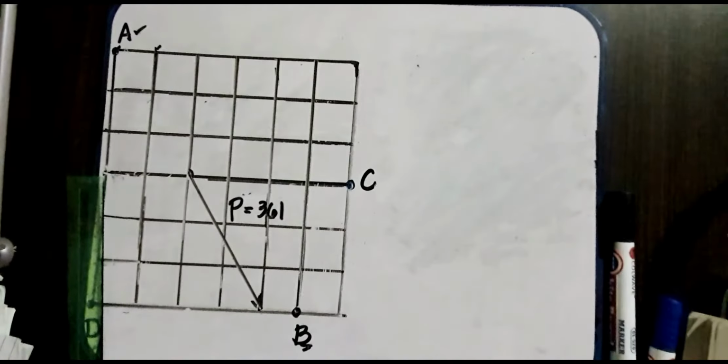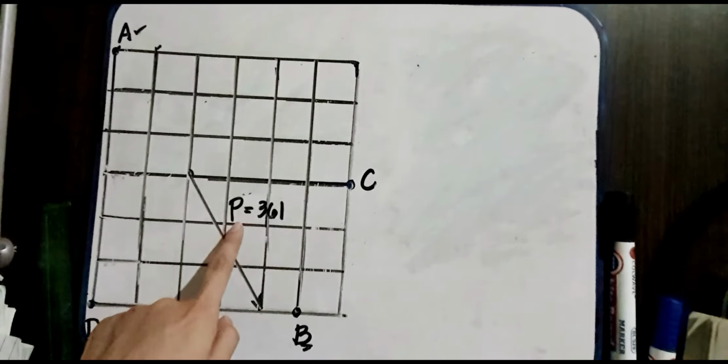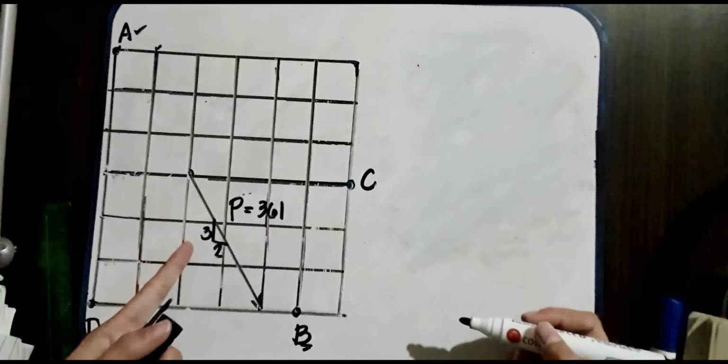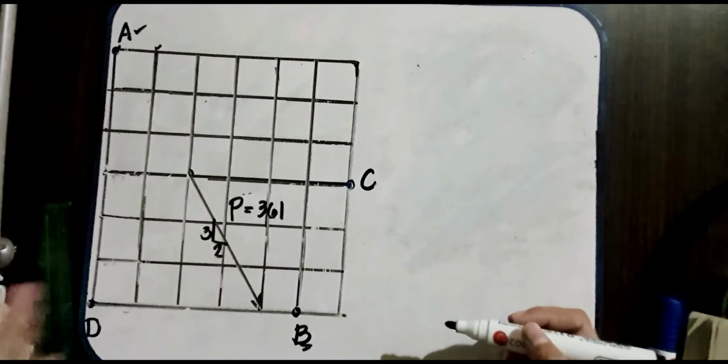Okay, next example natin, this is given to be 1 unit again and then 1 unit. So determine the moment at A, B, C, D for the force P equal to 361 kilonewton. So we have to determine first this loop, which is 2 and also this is 3. So 3 squared is 9 plus 2 squared is 4. So 9 plus 4 is 13. Kunin natin yan. So we have a square root of 13